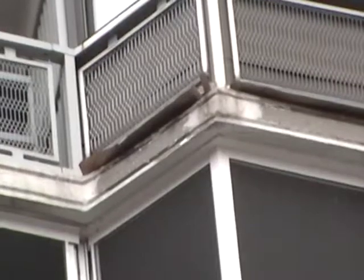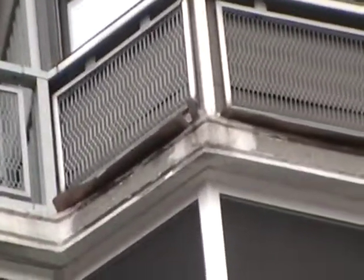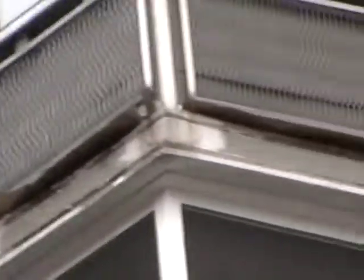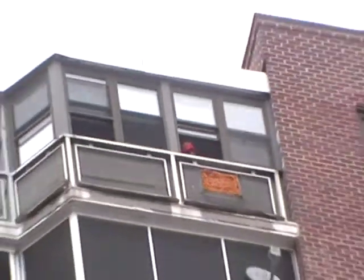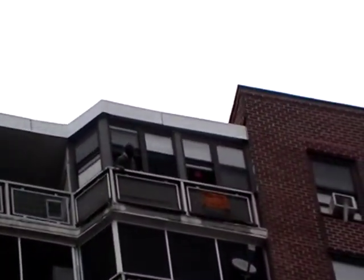That has not been removed yet, and that will undoubtedly expose some conditions of the balcony slab. You can see here that the flashing panels have been lifted up to sort of show the condition of the slab edge. We are proceeding to demolish the enclosure today. Okay, this is the interior of the apartment adjacent to the